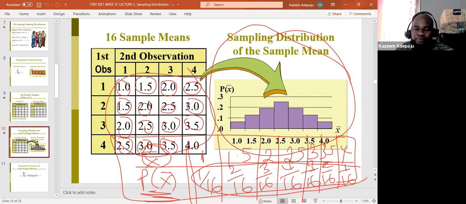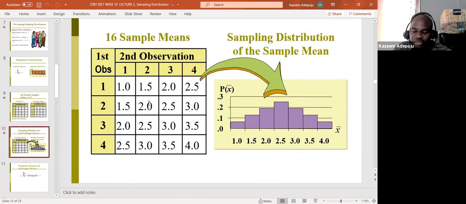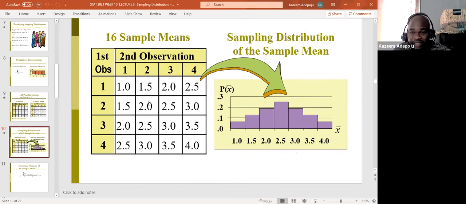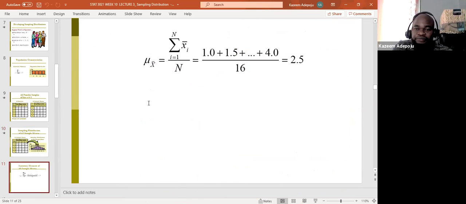When we look at the probability distribution of the sample statistic, take a look at what we're having now. The distribution is now normal. Take a look at that. Look at the distribution now. This is the histogram. You actually saw what we plotted. This is normal now. Take a look at that.